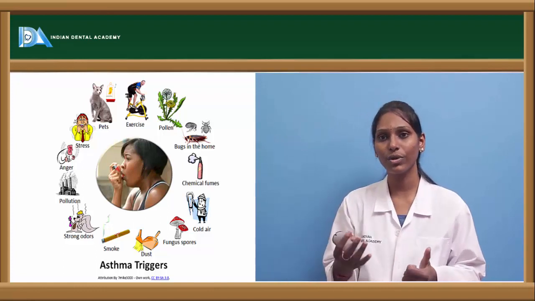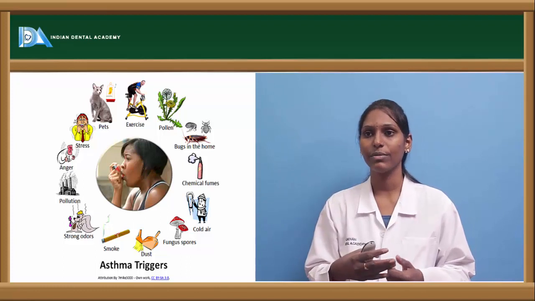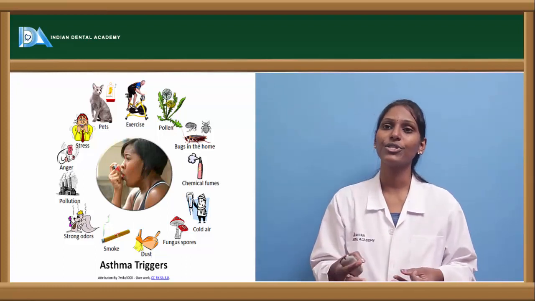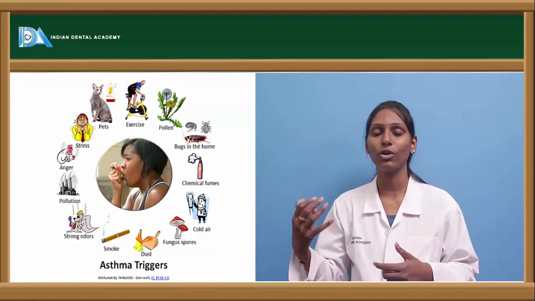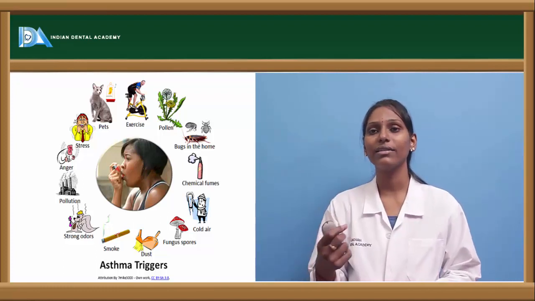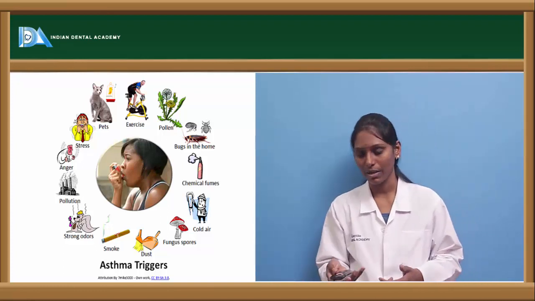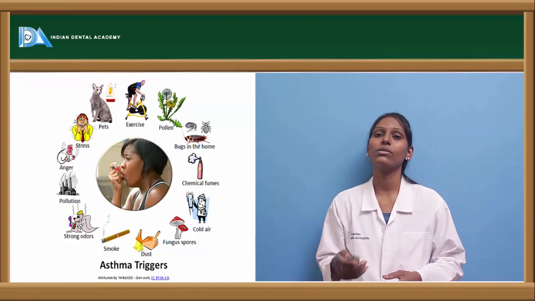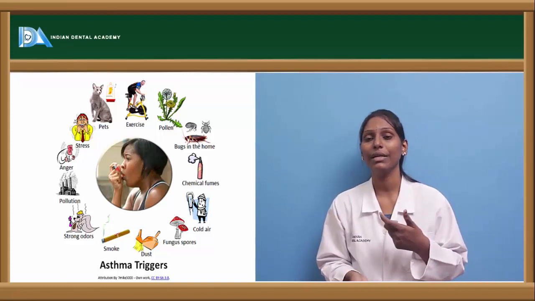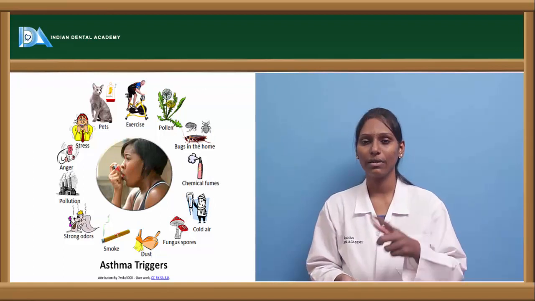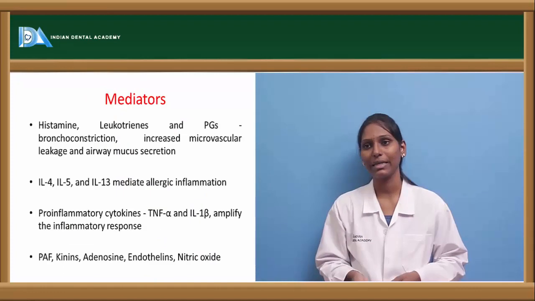Dust and smoking, especially passive smoking, also act as trigger factors for asthma. Stress, anger, pollution, strong odors, and any bugs present in the home, on the bed or on pillow covers can trigger an asthmatic attack in patients who are prone to asthma. Exercise-induced asthmatic attack can also be seen, especially when exercise is done in open air or in a cold air atmosphere.